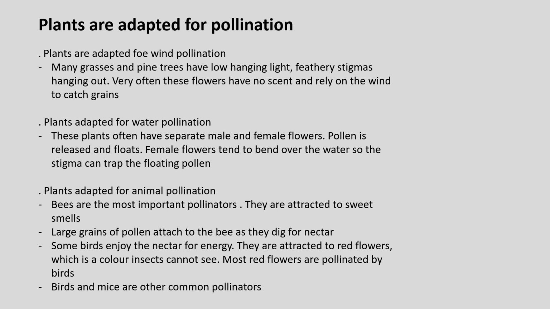I want us to also take 30 seconds to reflect on how different plants are adapted for pollination. We can look at different structures of plants, the small ones, the big ones, the ones with flowers, the ones which do not have flowers. Let's look at all those categories and try to think how these different plants are adapted for pollination, since there are different types of pollination or factors that contribute to pollination, such as wind, water, and animals. Let's try to think about that. And once we are done, we can now look at this